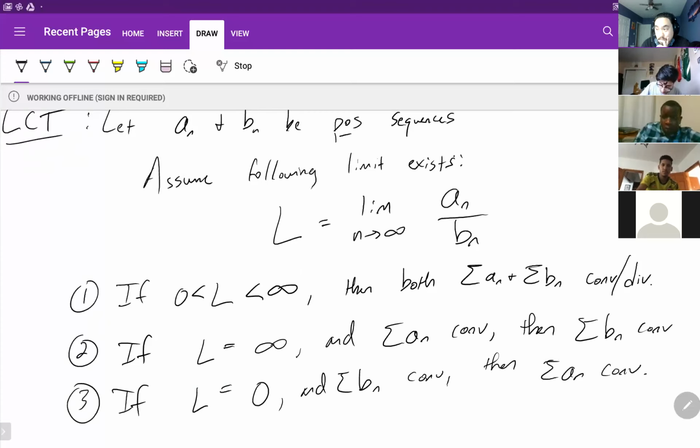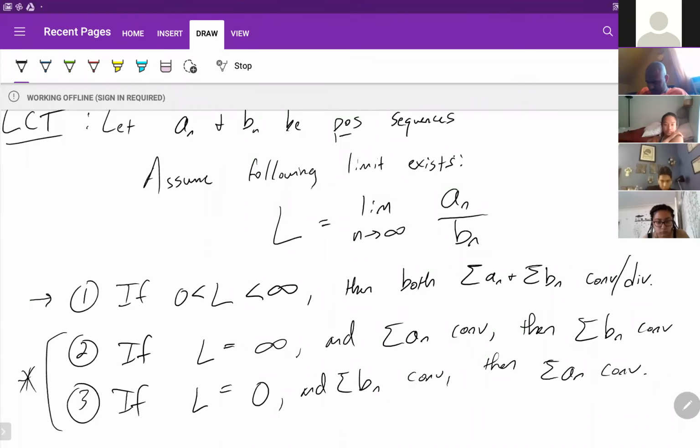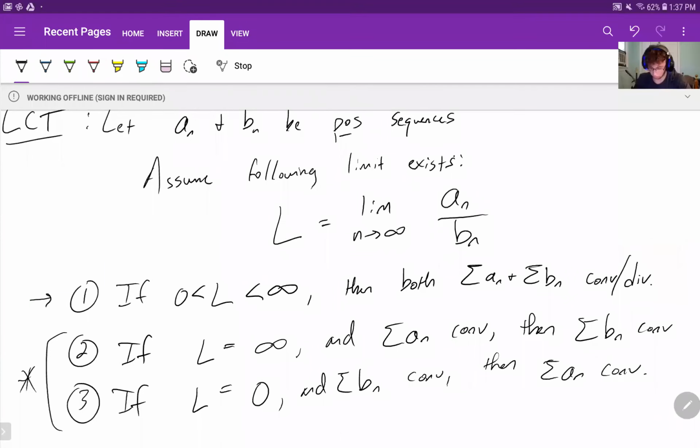Okay, so it looks like a lot here. I know it looks like a lot. These second two cases, it depends on how you define everything. So let me break this down. Let me break down the first case, so that it's a little easier to digest. Please ask your questions if none of this is making any sense. So let's look back at what we're doing here. What are we doing at this step?